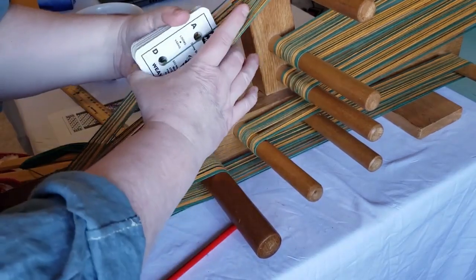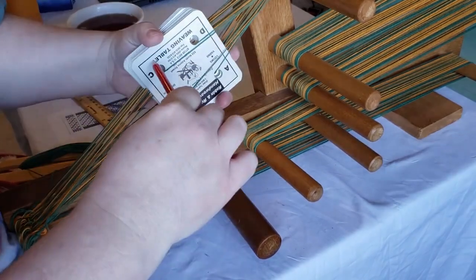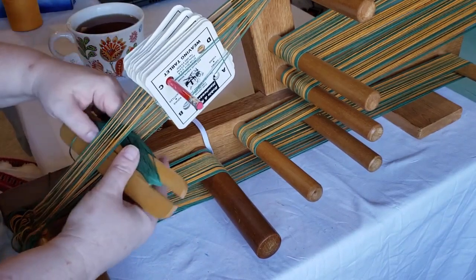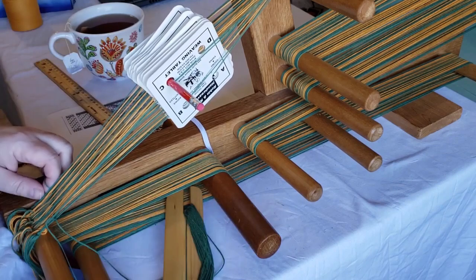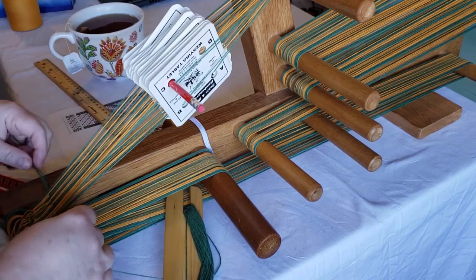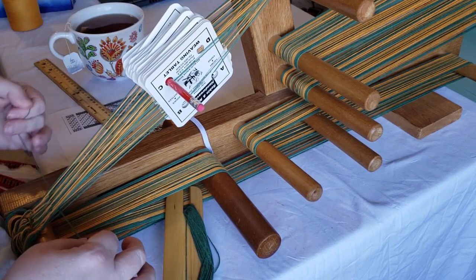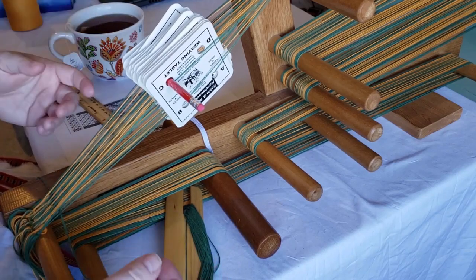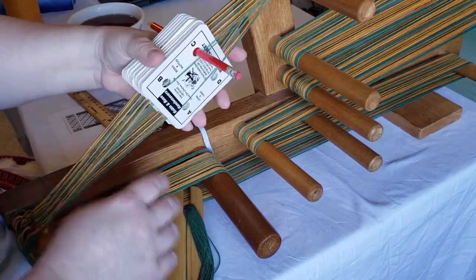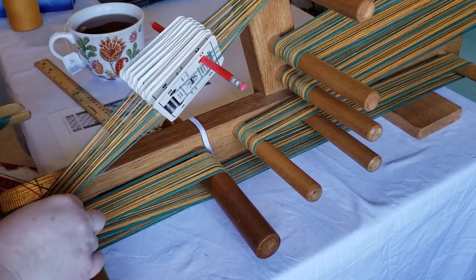So we're going to remove the pencil, turn all the cards forward, put the pencil back in, run the shuttle through to the right, and take the tail and run it through to the left. That crisscrossing will help anchor it and keep it from coming unraveled, although I've never really had a problem with these weaves coming unraveled. So we're going to turn the cards forward again, another quarter turn, put the shuttle back,